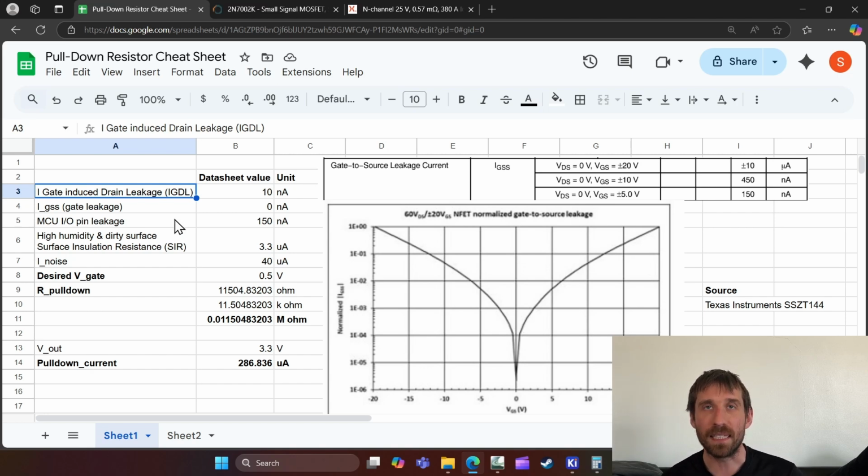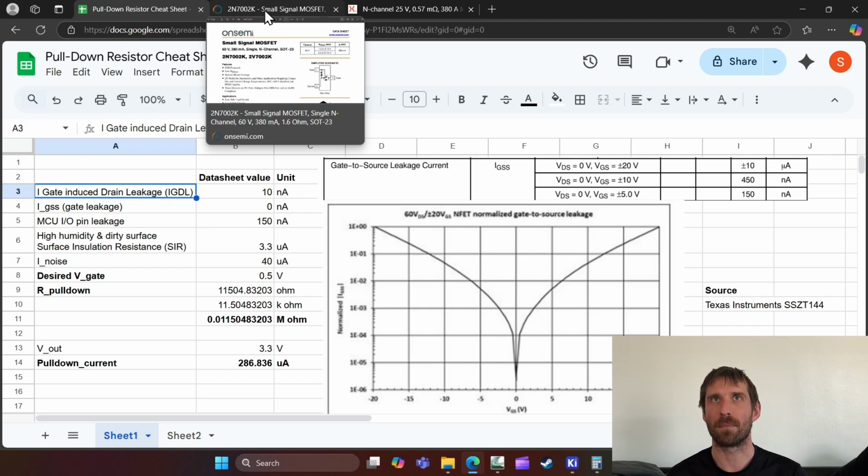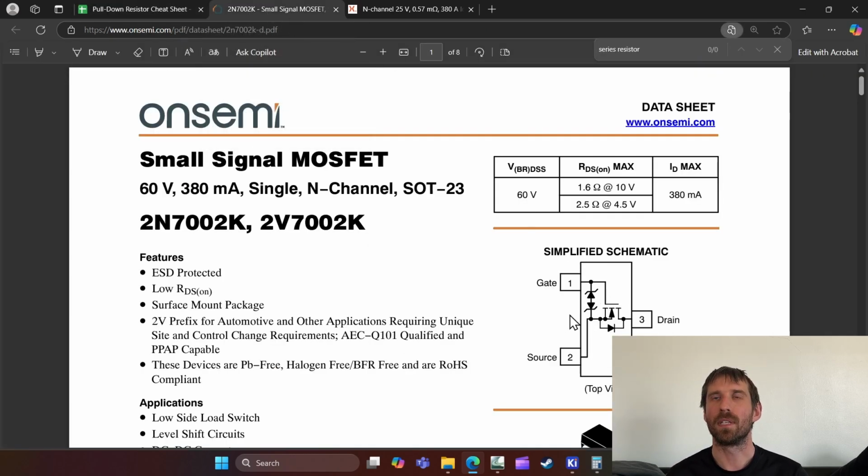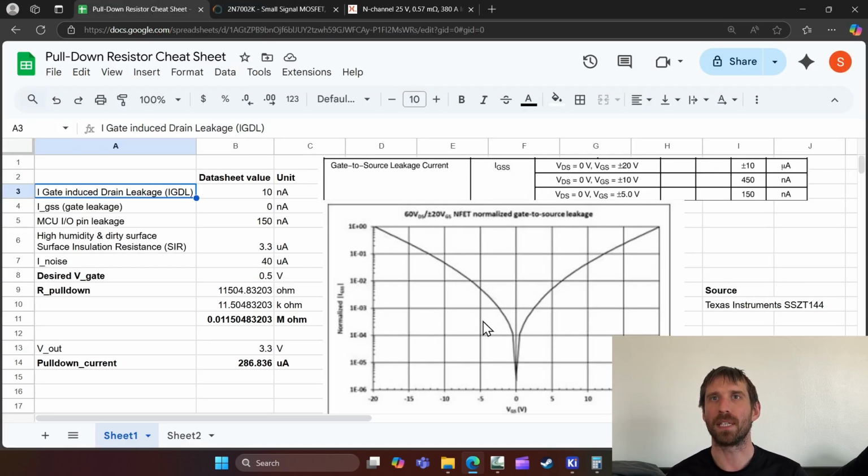Now, our next item that is in the data sheet is gate to source leakage. So with the MOSFET I have chosen to analyze, which is this 2N7002K, what we have here is back-to-back diodes for ESD protection. And that happens to look something like this on the graph. This is normalized, so your x-axis is VGS, and then here is a normalized graph. So if I'm here, the next line is 10 times higher. So that's why we get numbers here where if we're at the edge, we're at 10 microamps, and then bottom,